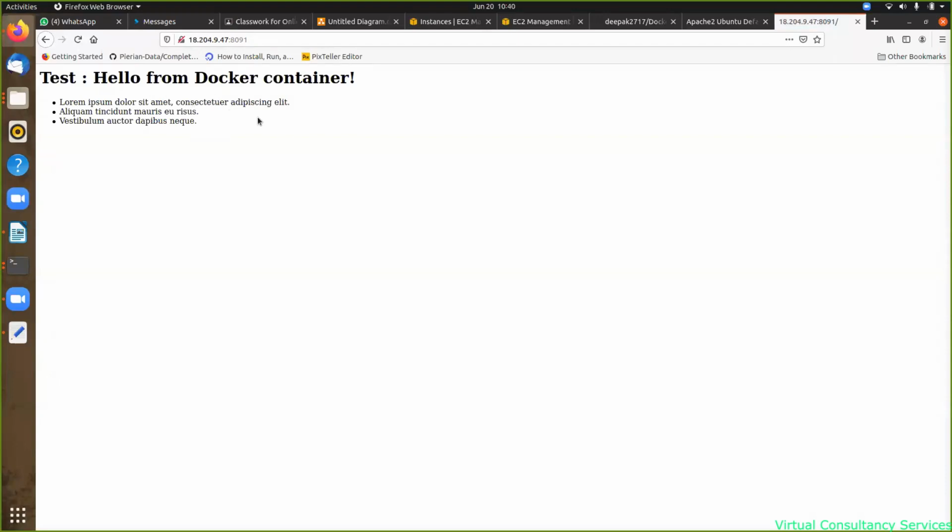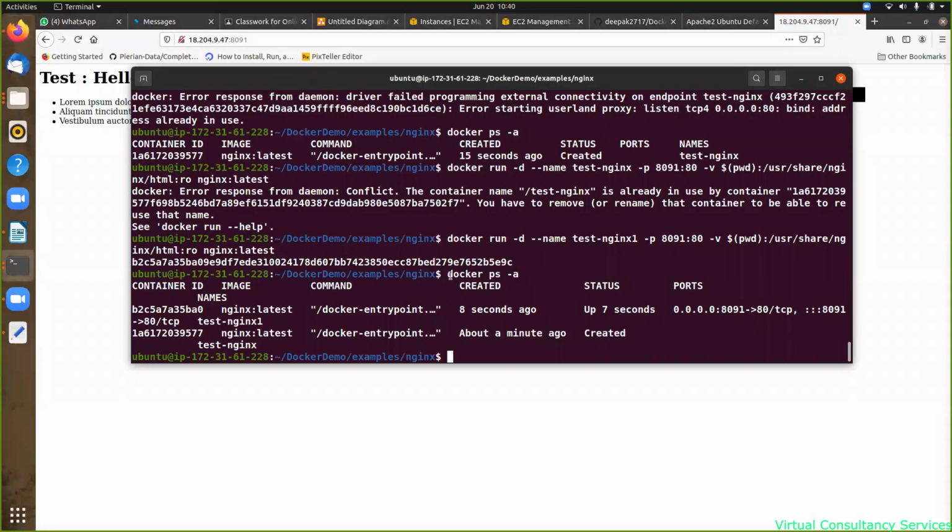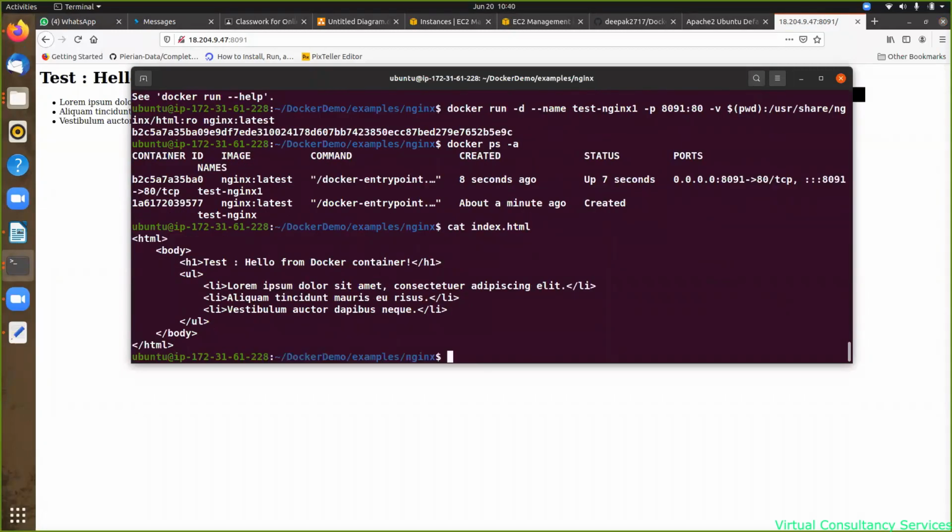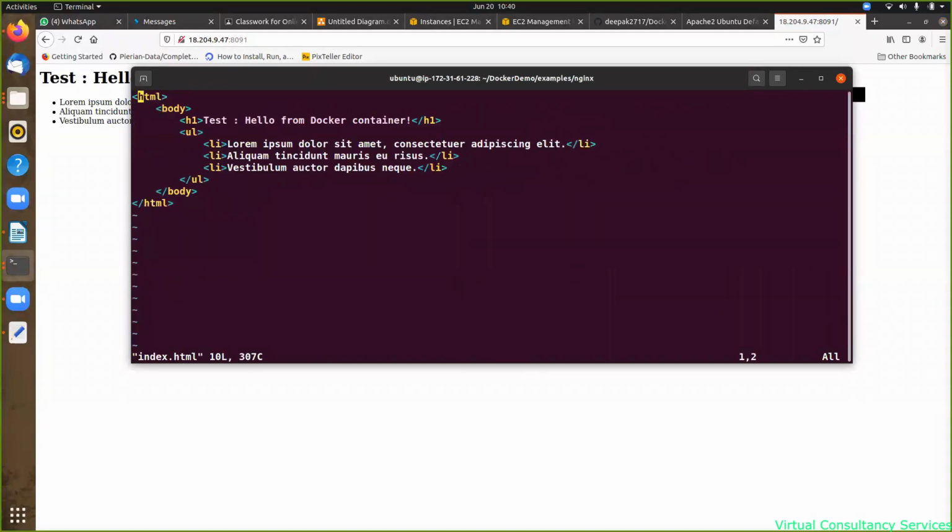ये इंडेक्स डॉट एचटीएमएल कहाँ पे है? ये इंडेक्स डॉट एचटीएमएल मेरा ये वाला है, cat index.html, जो मैंने माउंट किया हुआ है। तो ऑब्वियसली कंटेनर के अंदर जो इंडेक्स डॉट एचटीएमएल था उसको उसने ओवरराइट किया, जो मैंने वॉल्यूम पे मैप किया है ना। अभी मैं इसमें अगर कुछ भी चेंज करूँ, इंडेक्स डॉट एचटीएमएल पे, यहाँ पे जो लोरम इप्सम है इसको हटाते हैं, और यहाँ बोलते हैं लर्निंग डॉकर।